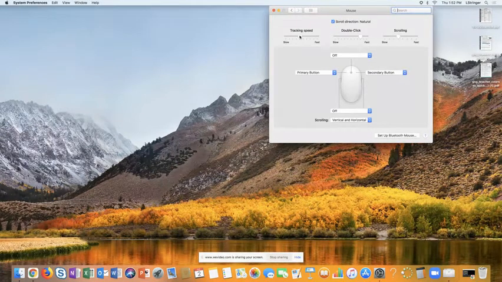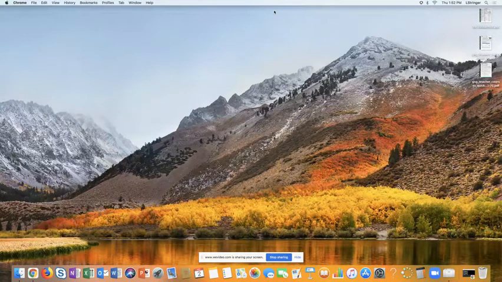And then if your mouse is being a little challenging, you can move this tracking speed around to adjust that. When you're done, you're going to click this little red X and that's going to be closed. The next thing we want to set up is your docking station down here, and make sure that we have all of your navigation apps and the apps that we're going to be using a lot this year, so that it's easier for you to find them instead of having to go searching for them all the time